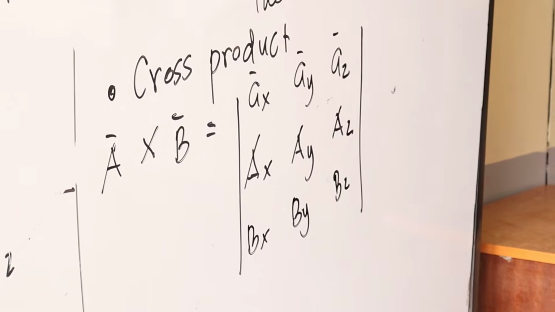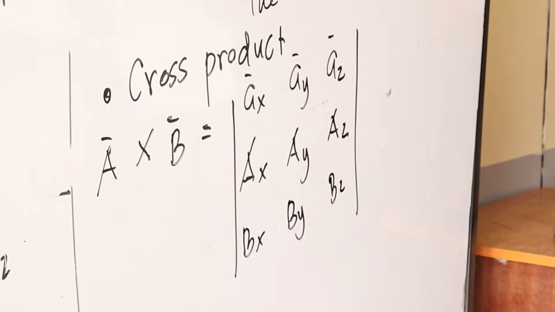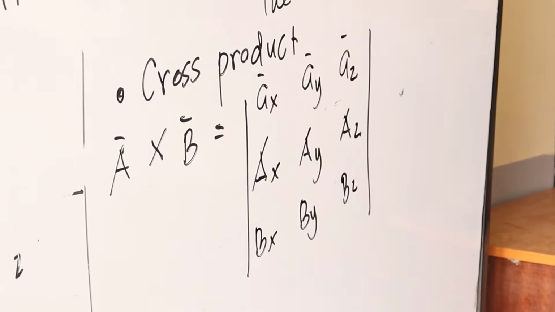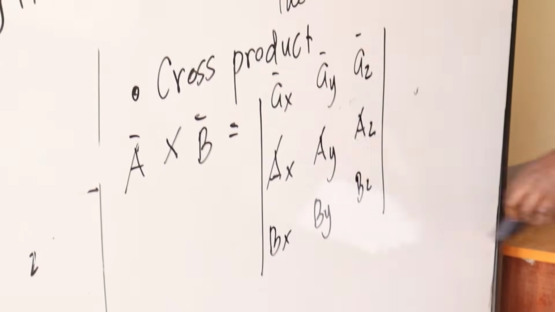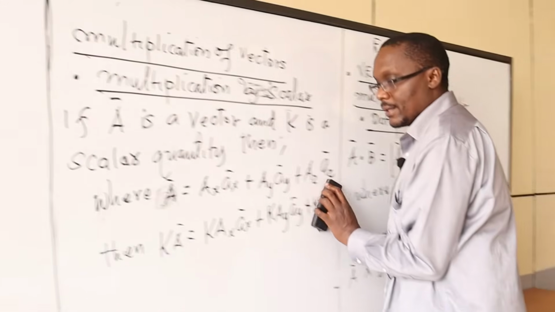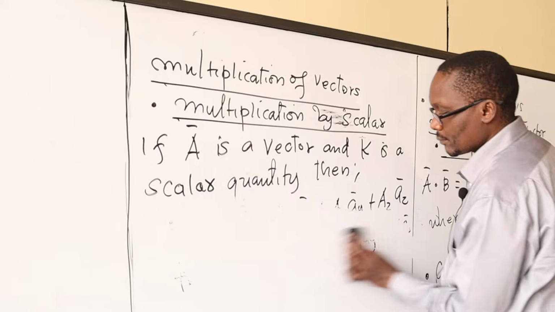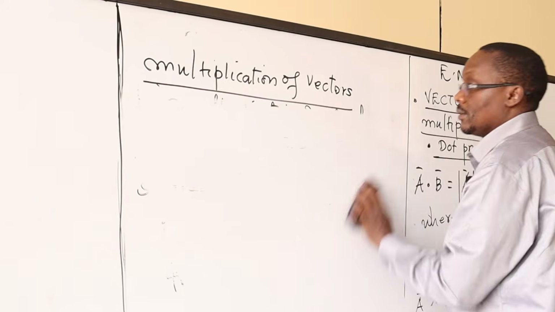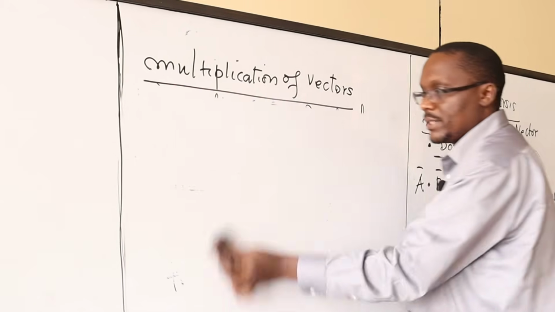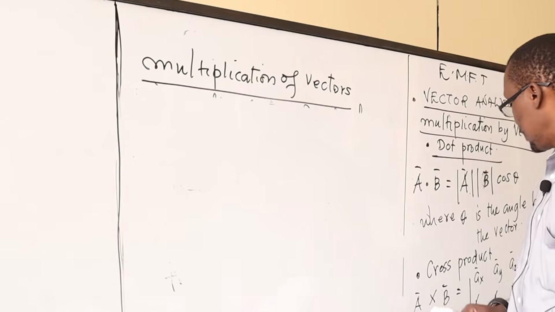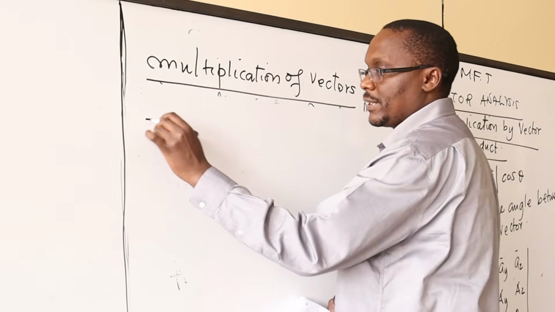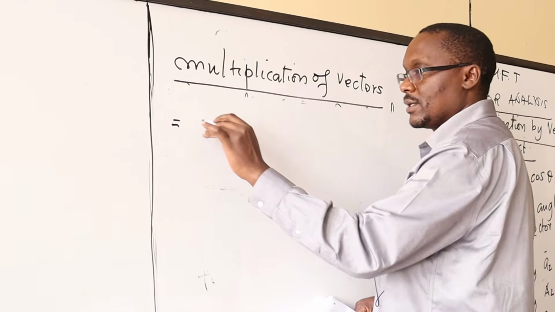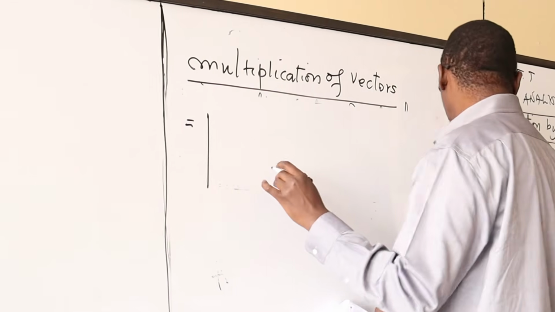If we enlarge that properly so that we can see what is happening under cross product, because it is a bit mathematical, using the determinant method, this can be rewritten as the determinant of